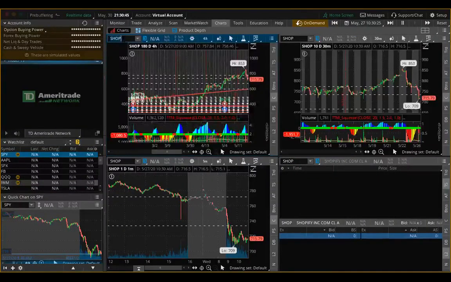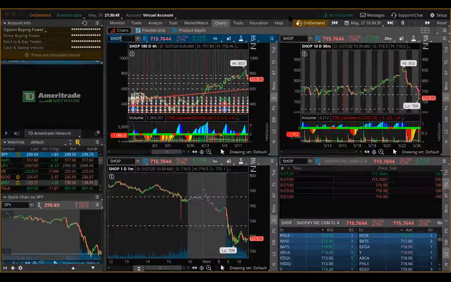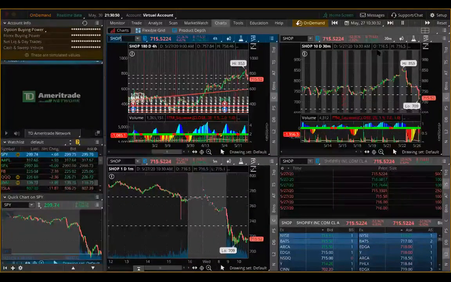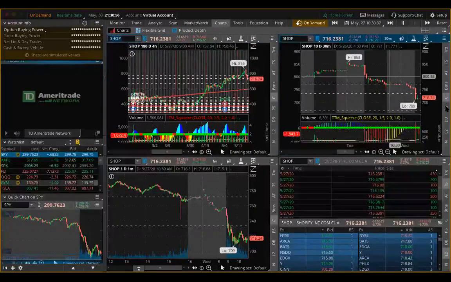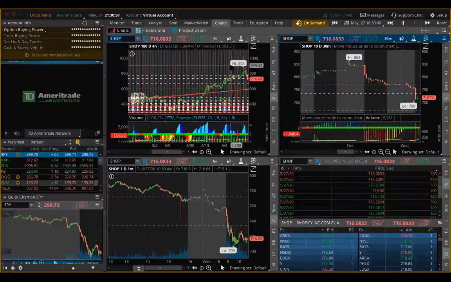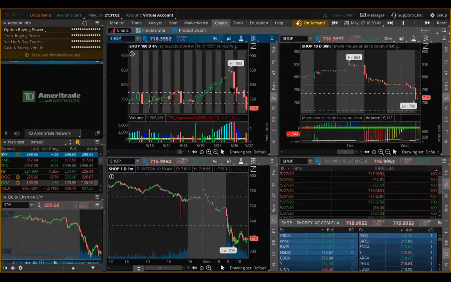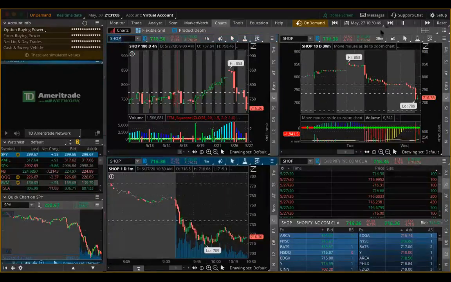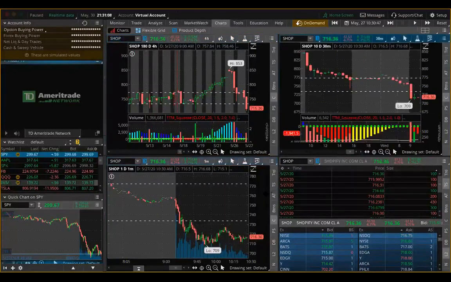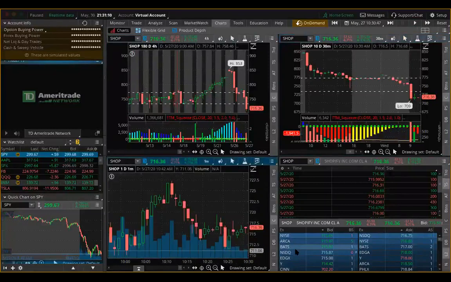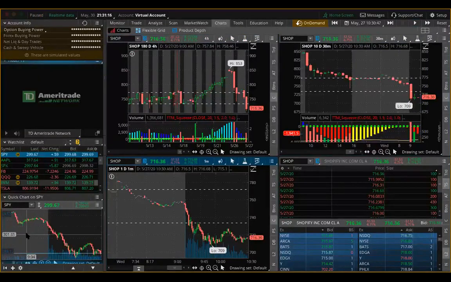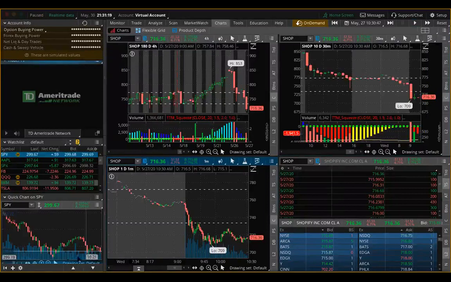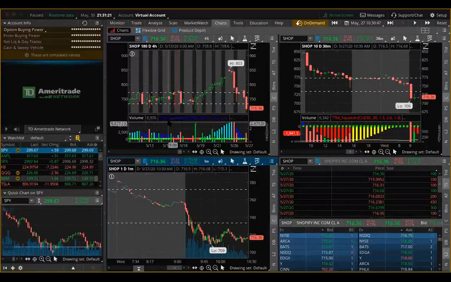So like I said, guys, it is very important that you're paying attention to what it is that I'm showing you, because it is literally gonna be a gateway for you, right? All right, so we got SHOP pulled up. I got the 4-hour chart pulled up. Let me just pause this real quick. All right. So I have SPY pulled up over here. Can everyone see my screen clearly before we begin? You guys see everything?